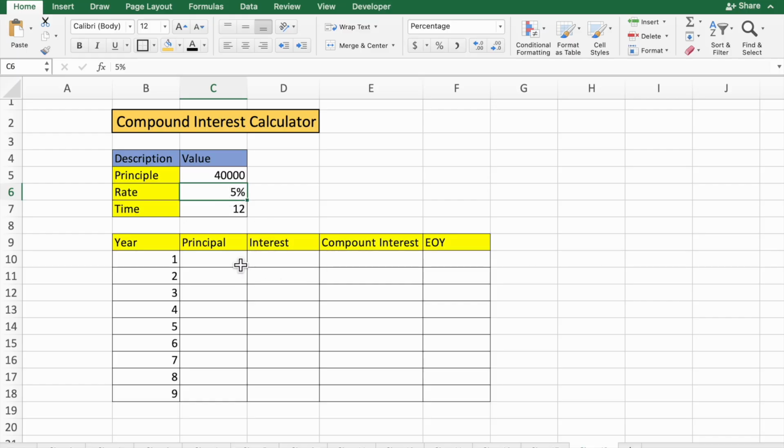Okay, then what you have to do, you just type equals to the principal amount, it is 40,000, just enter. Then interest, what is the interest, equals to principal amount into the rate of interest. So this should be the rate of interest. Then you have to just lock this C6 cell. Okay, so I'm going to lock this. You have to just press F4, and so this will be the principal amount, this will be the interest amount,